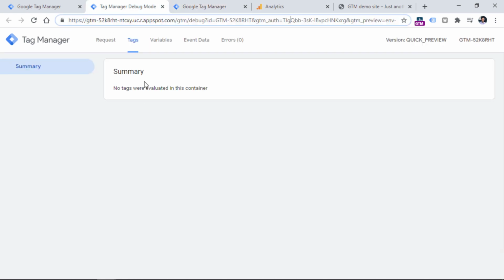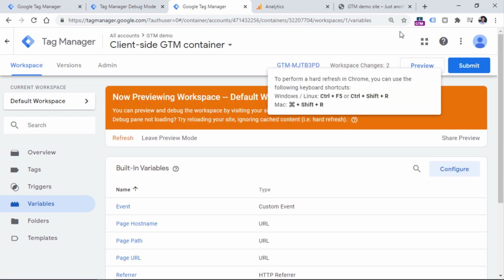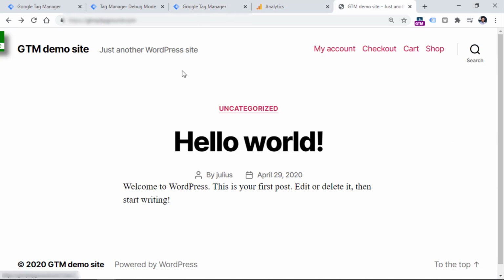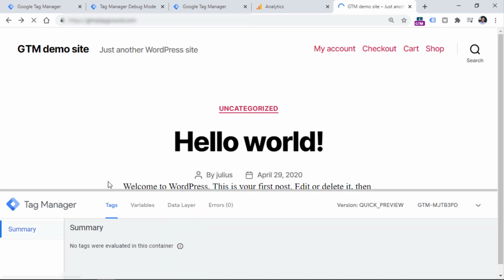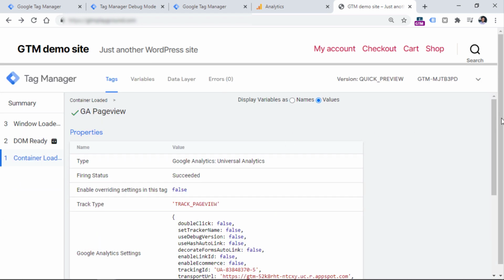That tag will send the data to the client-side container, and we will start seeing something right here. So enable the preview mode in your client-side Google Tag Manager container. And once you see the orange banner appear right here, go to the website where that container is implemented and refresh the page. And here you see that the page view tag has fired, that tag sent the data to